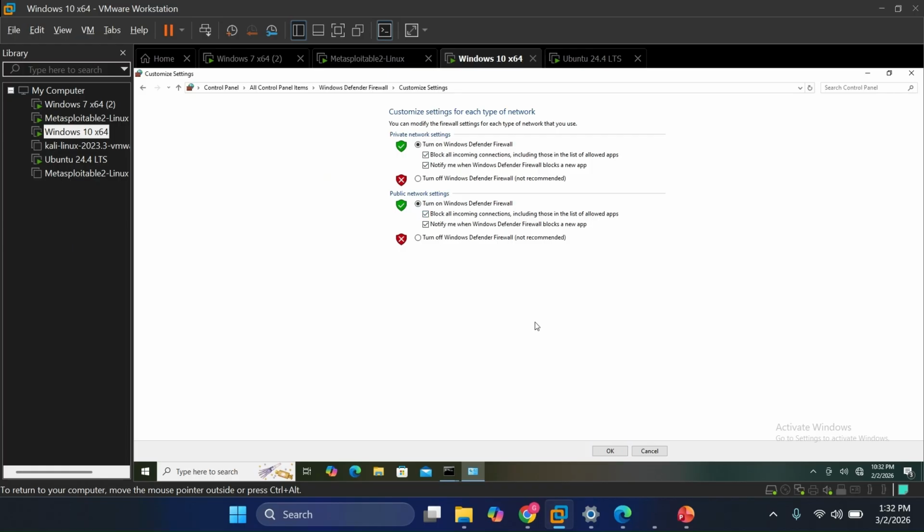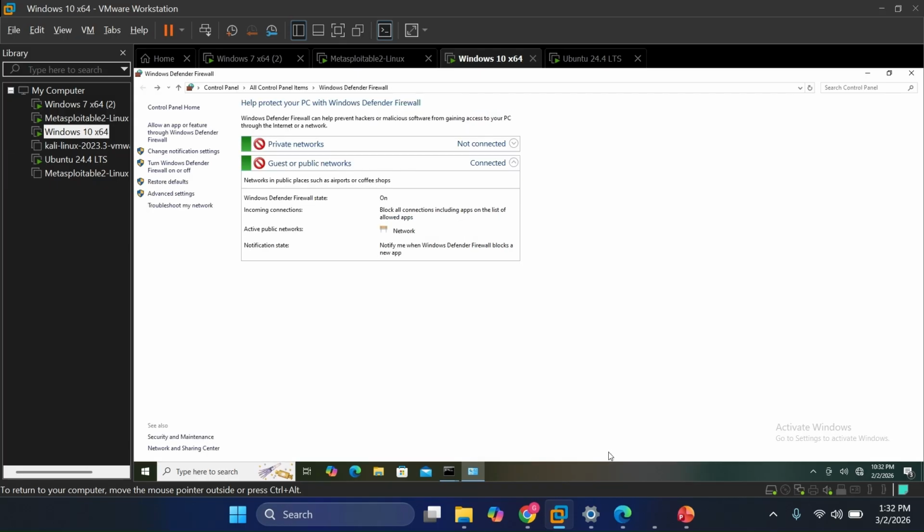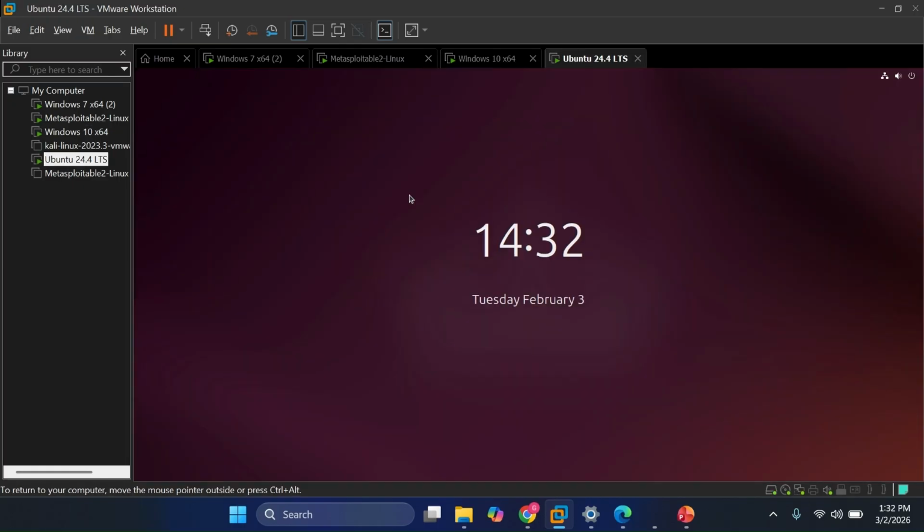If you block all incoming connections, let us go back and see what is going to happen. So if I check this toolbox here, the second one is saying block all incoming connections, including those in the list of allowed apps. And I take okay. What I've done here is a bad security practice